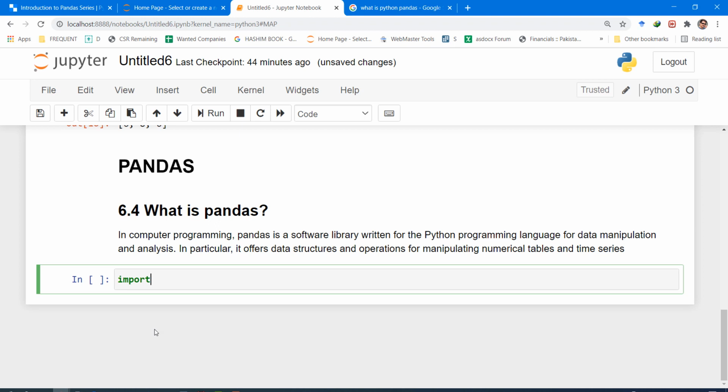But before usage, each time when we use pandas, we have to import it, and the command is import pandas.